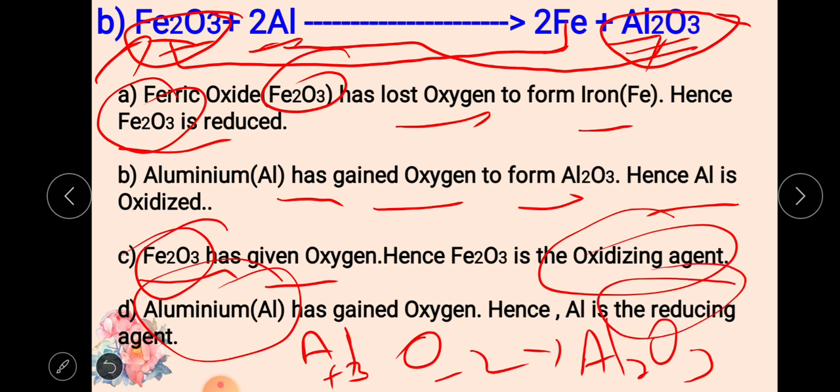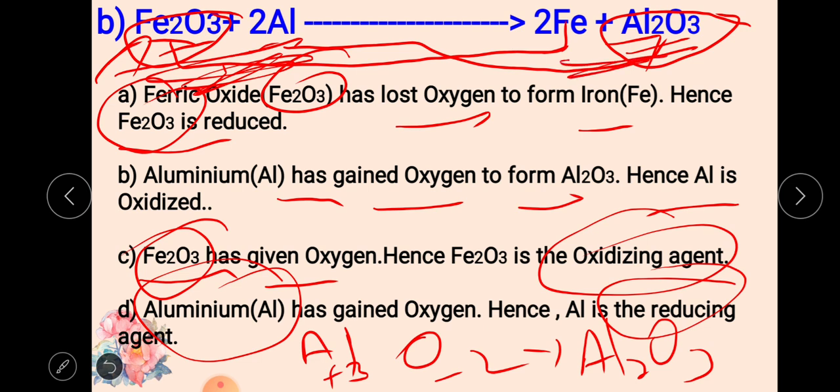In the exam they will ask which is oxidized to what, and which is the oxidizing agent, which is reduced to what, and which is the reducing agent. If they ask for the oxidizing agent and reducing agent, you should tell from the reactant side only, not from the product side. But if they ask, in a compound question, what the reactants are reduced to, then you can say it from the product side.